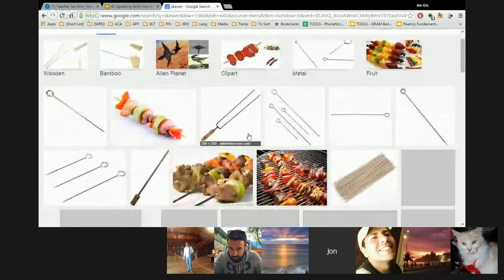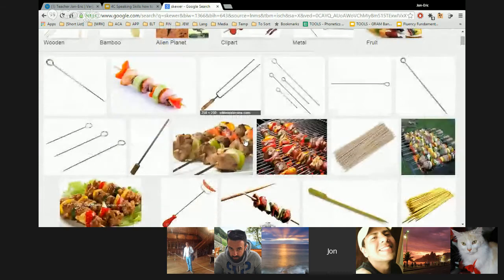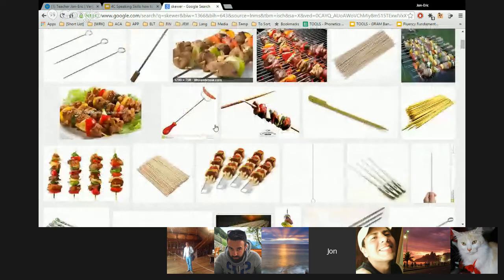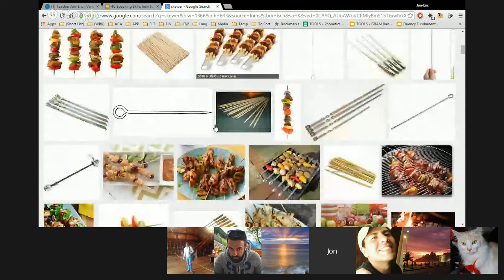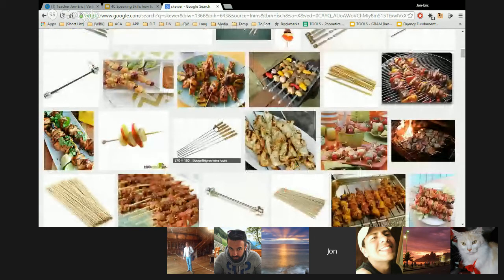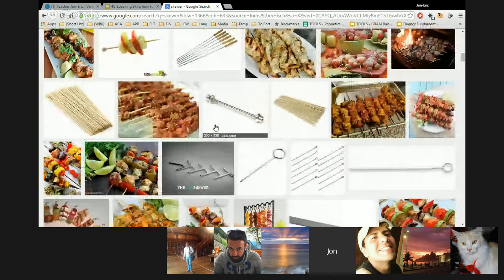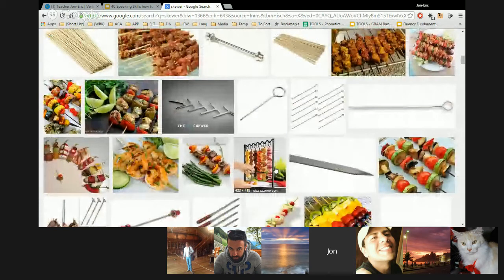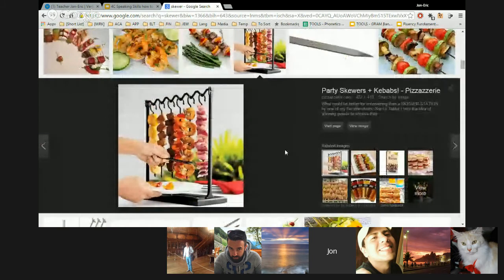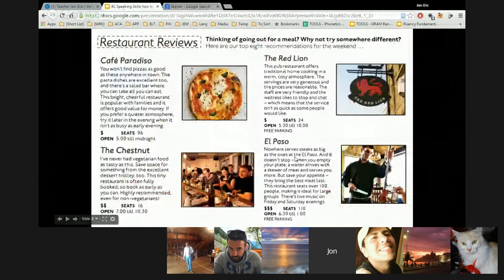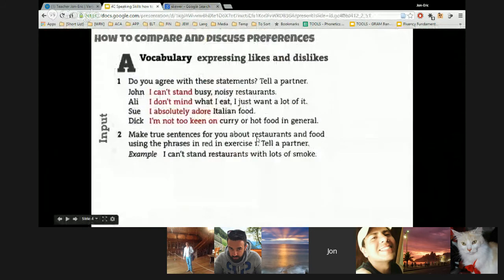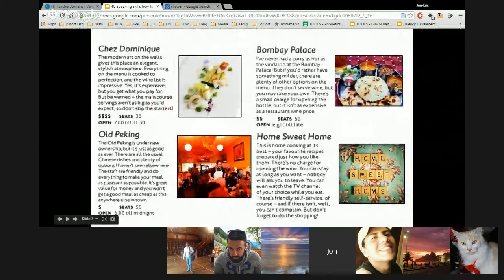There we go. That's what I wanted to show you. So a skewer is a rod, and you can see that there are different ways to make little kebabs, or see if there's a big one somewhere. Anyway, it's the name of that kind of rod. Yeah, this is a good one. Can you see that? You can see the skewers hanging from the rack. Okay, so that is a skewer. Good vocabulary word.